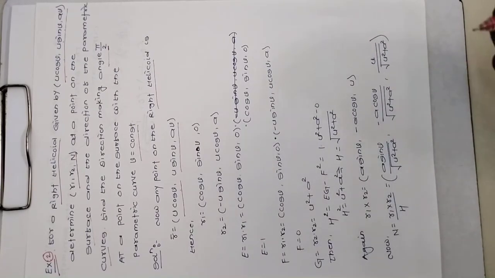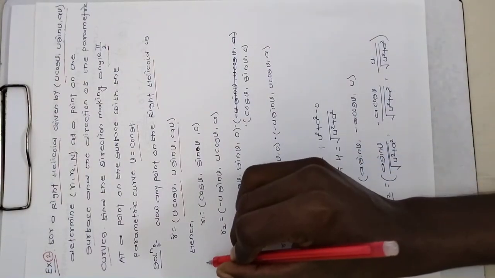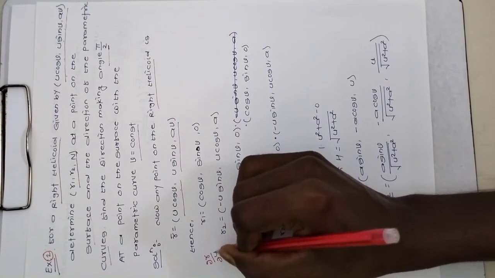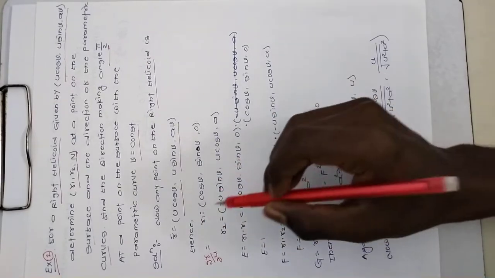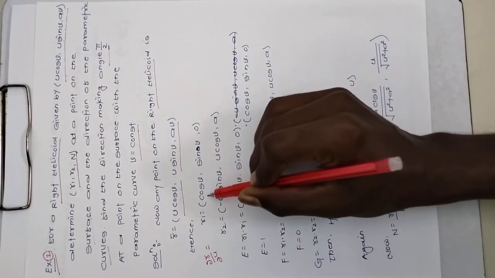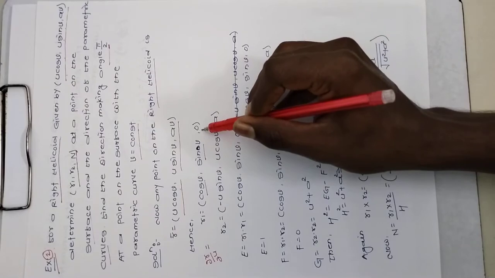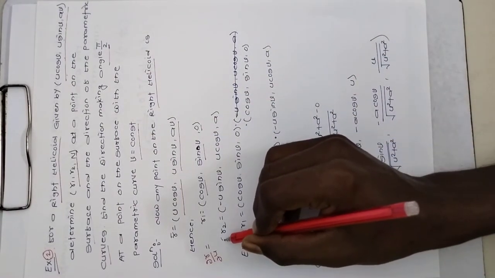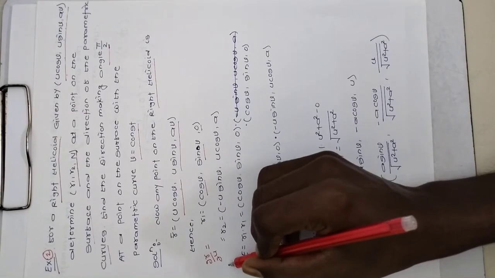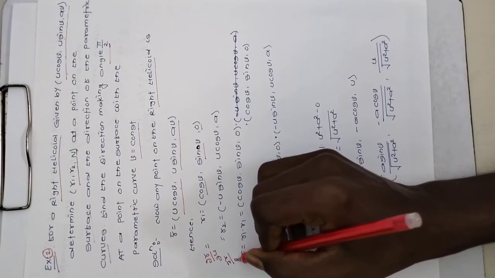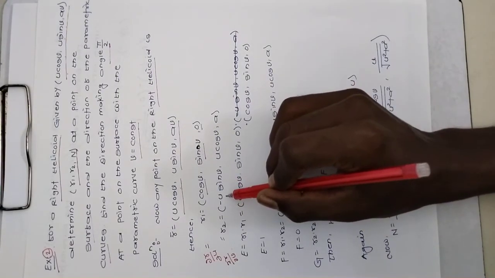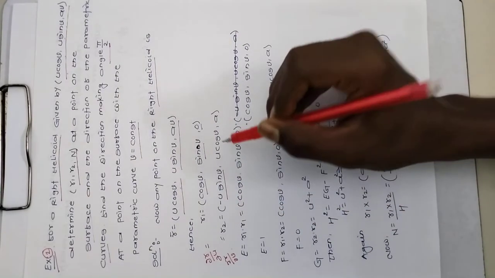Hence we find r1, and the value of r1 means partial derivative with respect to u. So r1 is equal to cos v, sin v, comma 0. And again similarly find r2. The value of r2 means partial derivative of r with respect to v. So r2 is minus u sin v, comma u cos v, and a.